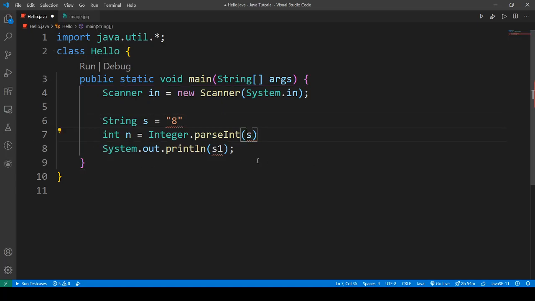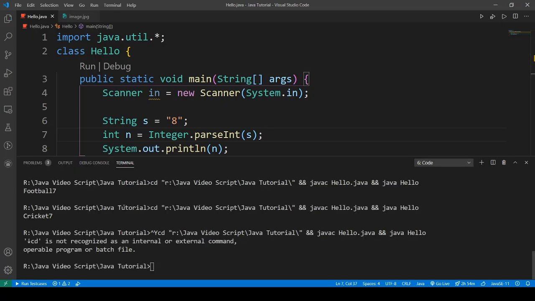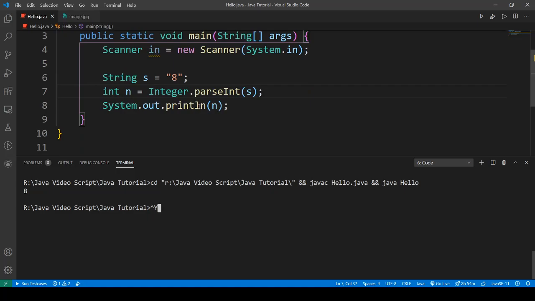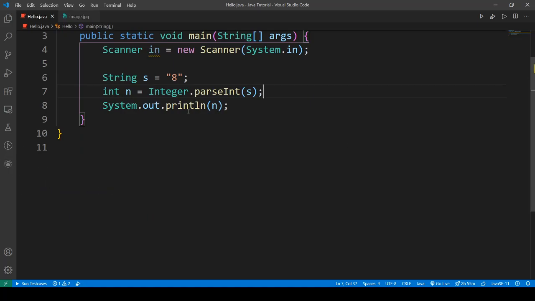Okay, and then we print n here. We get the output here as 8. So this is how we convert a string to an integer.